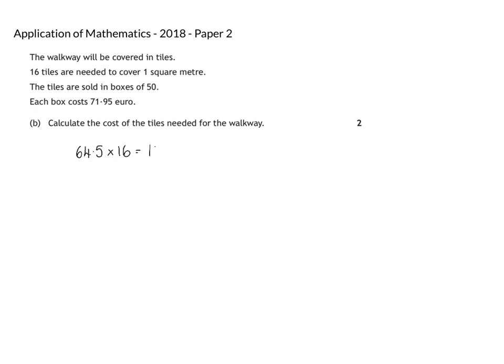And we get 1032 tiles. Then we're going to have to divide that by 50 because there's 50 in a box. And so we get 20.64, so we're going to have to round that up, so 21 boxes of tiles. Then 21 times our euro cost of 71.95. We get the total cost is 21 times €71.95, it's not pounds, it's euros, and we get